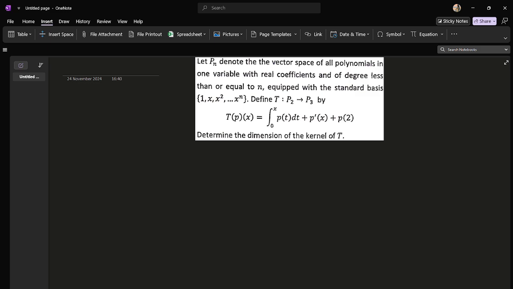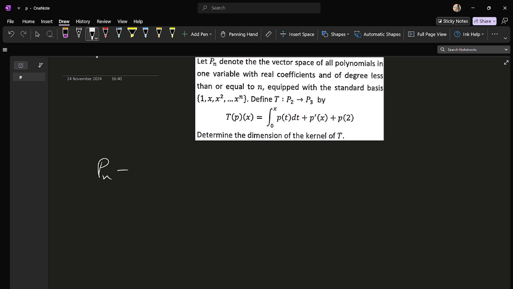So the question says, let Pn denote the vector space of all polynomials in one variable with real coefficients and of degree less than or equal to n. So that means our Pn is what? I am going to write the